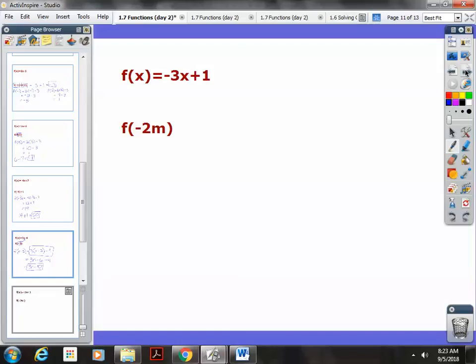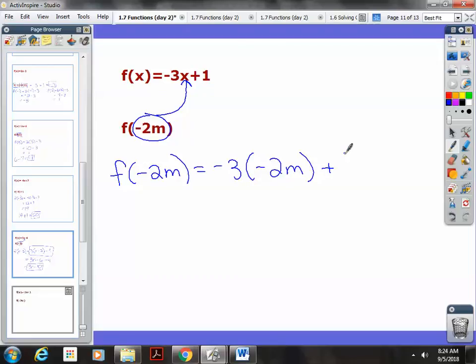So we're going to take out x, and in x's place, I'm going to replace it with negative 2m. Negative 3 times negative 2m plus 1. What is negative 3 times negative 2m? 6m